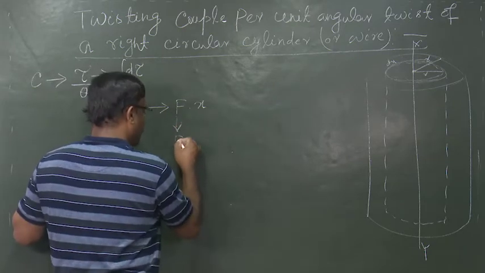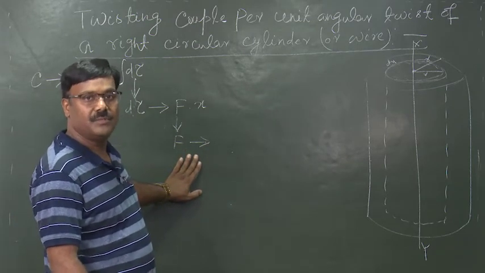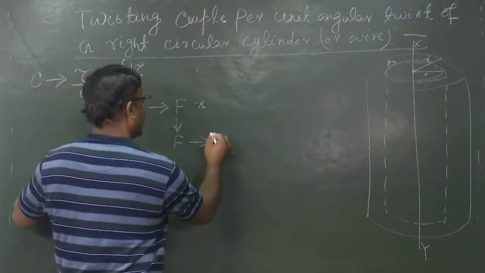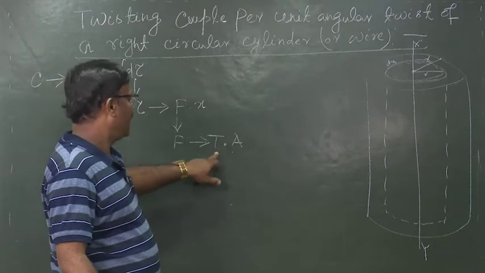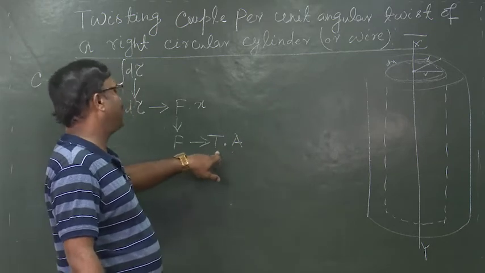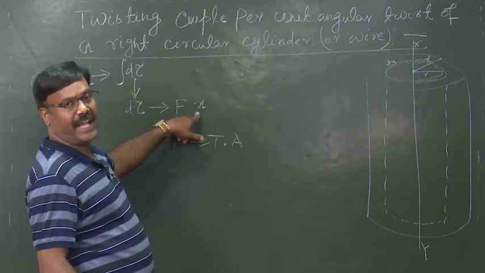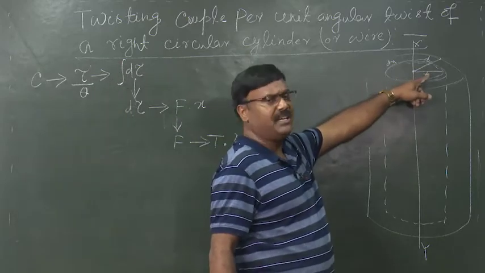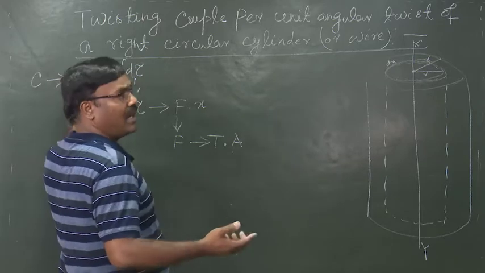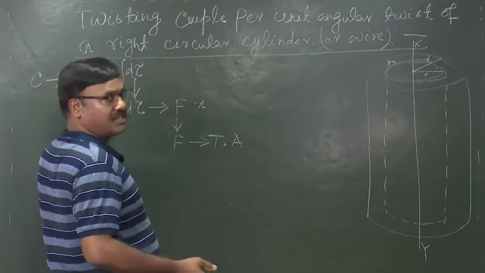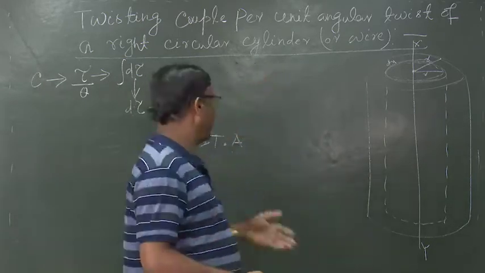Now, this force can be calculated as we know stress is equal to force by area. So, force will be stress into area. If stress is calculated and area is calculated, then by multiplying both of them we can get force, and if force is calculated, then by multiplying it with x, the radius of the element we considered, we can calculate d tau, and by integrating d tau we can get tau, and dividing tau by theta, the shear strain, we can get the torsional couple per unit angular twist.